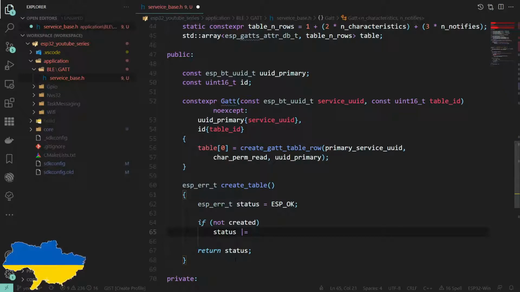We'll just do an OR on that. And the API call is ESP BLE GATT server create attribute table, and we pass in our table,